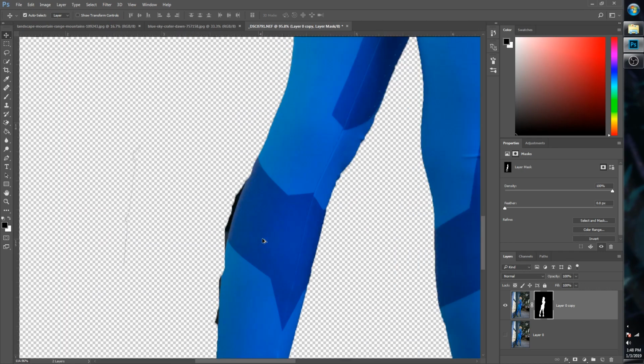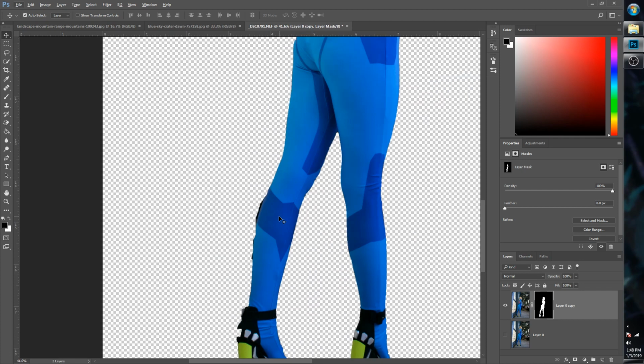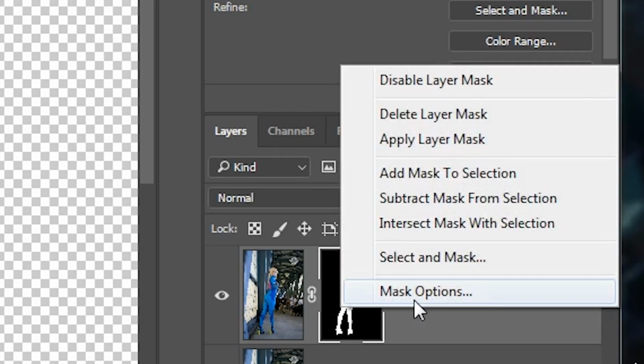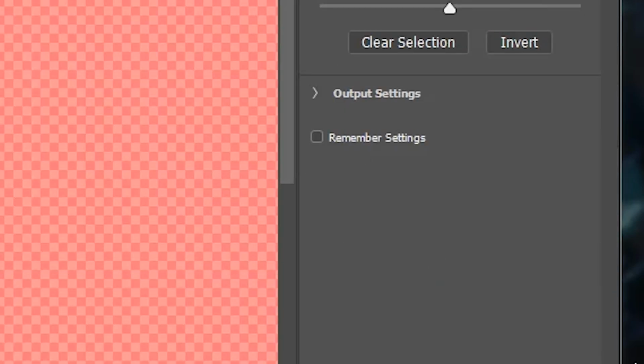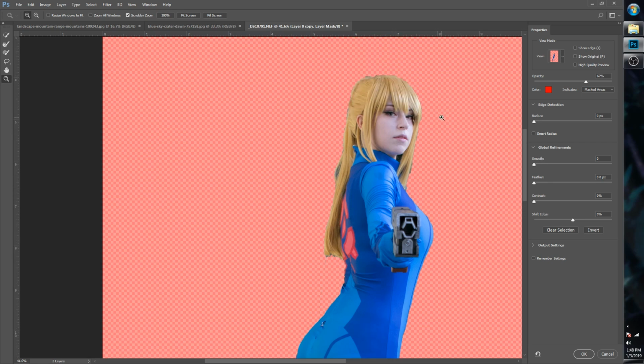But you notice it's a little sloppy in a lot of places. So what you need to do is clean it up. And here are a couple ways you can do that. The first way most people will do is they'll right click, hit select and mask, and you'll notice the screen kind of turns red. So what you can do here is you can kind of adjust the edges of your